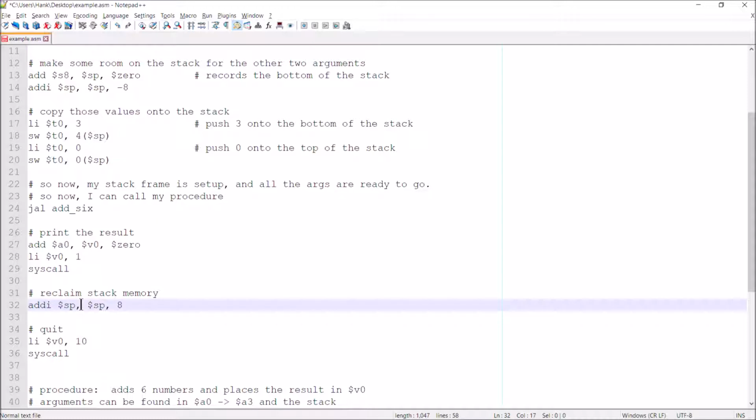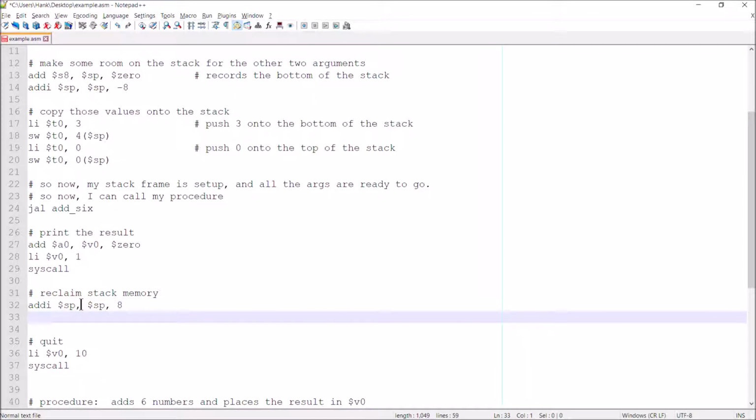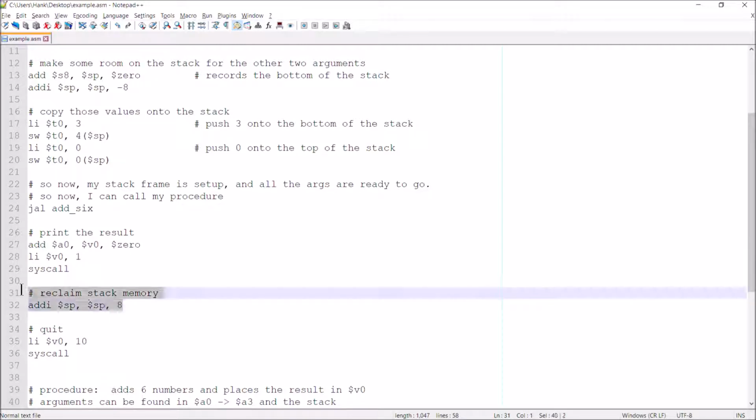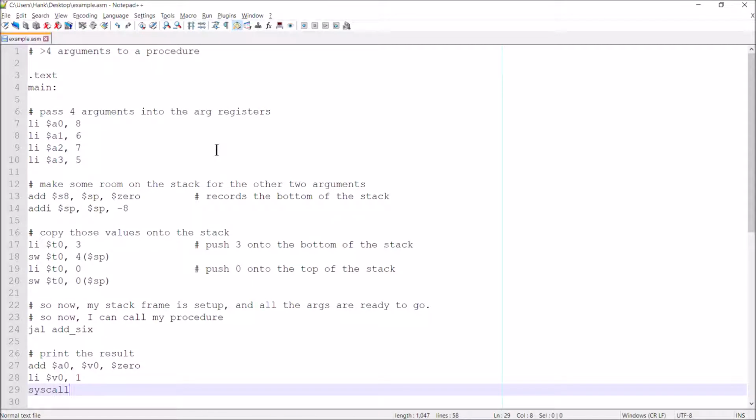And you know, it probably would be a good idea for us to reset that frame pointer too, just in case any subsequent code was going to be using it. But since this is the end of the program, we won't worry about it. It's not going to matter. The program's over anyway. Okay, so that fixes our stack memory problem, our memory leak. Okay. All right, so I think that's everything that I wanted to show you. So let me just go back up here and show you the code